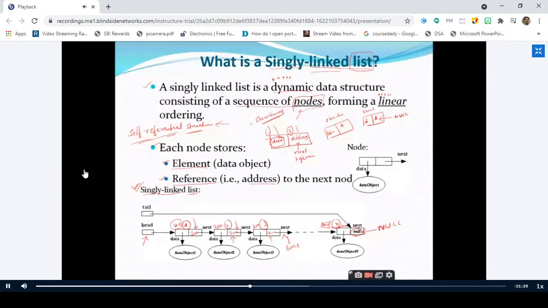In this example, how many nodes are there? I'm saying that we have n nodes. But you should identify the first node uniquely. So in order to identify the first node uniquely, you should store the address of the first node inside a pointer, which is called the head pointer. This head is a very important pointer, which is used in almost all linked lists. Is it clear?